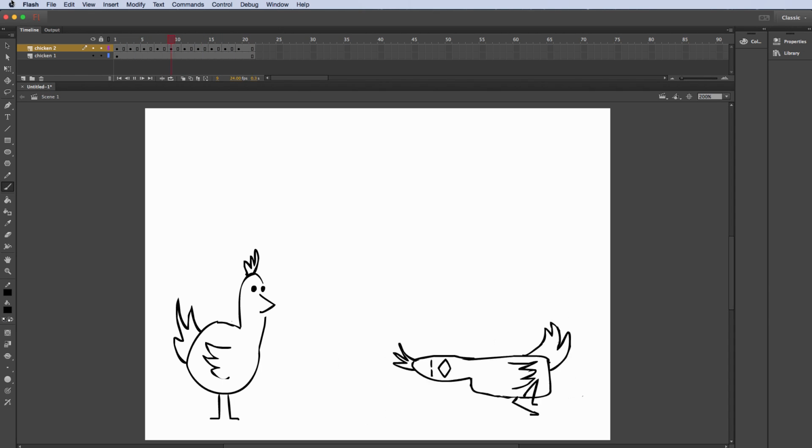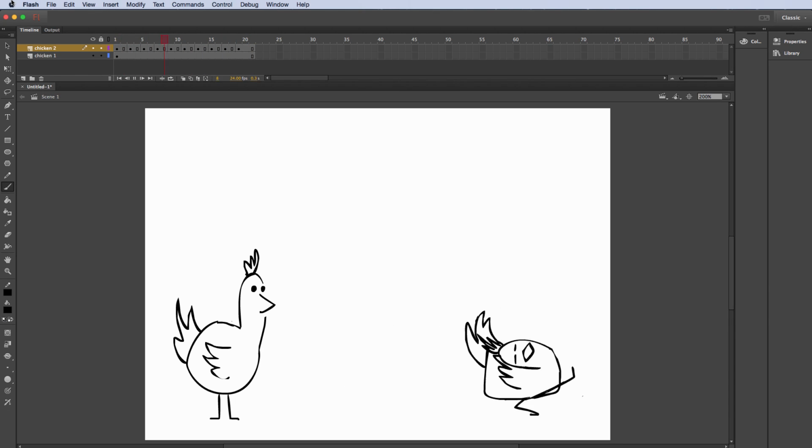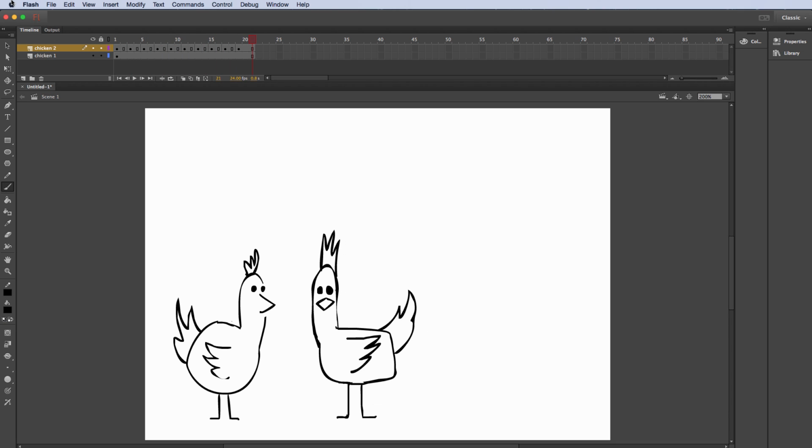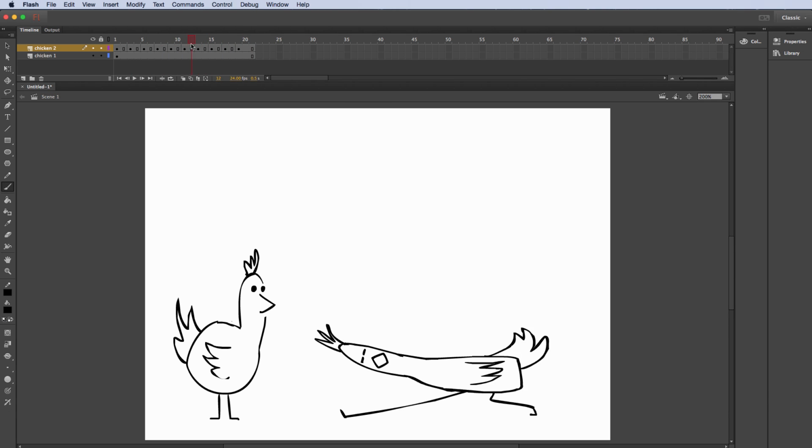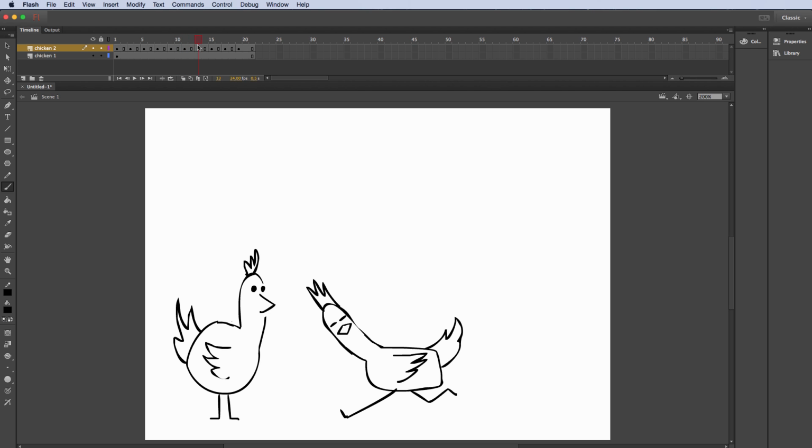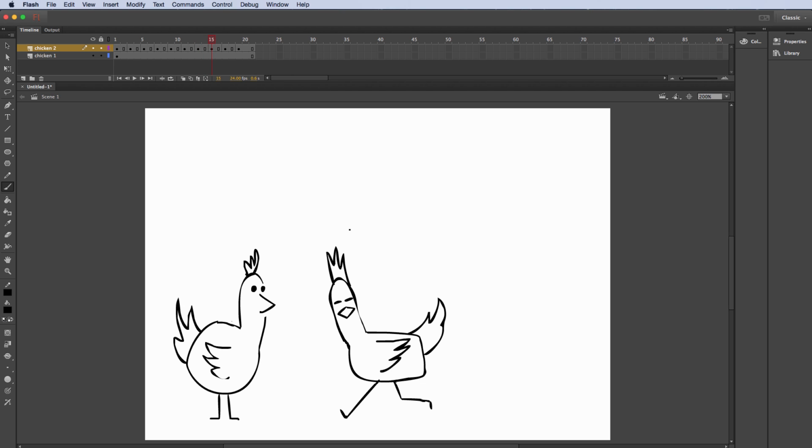Okay, so there we have like an exaggerated step with some squash and stretch in there. Now I would say in the head here, basically I need to kind of rein this in a little bit here. So I think starting maybe right here, I'll take this and lower it.